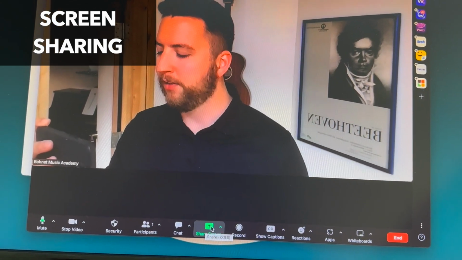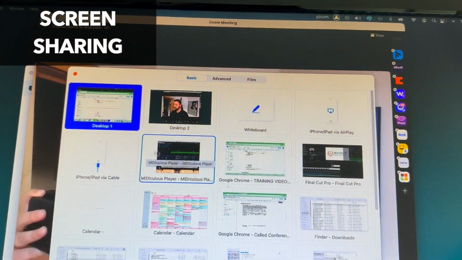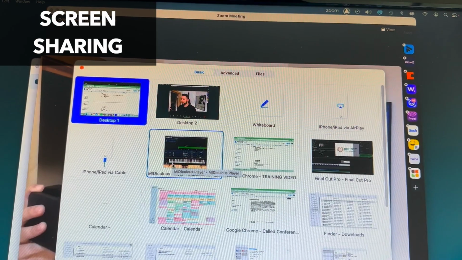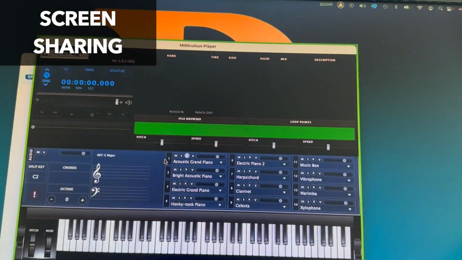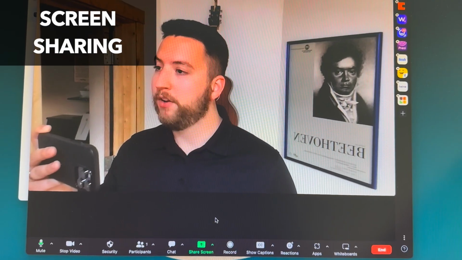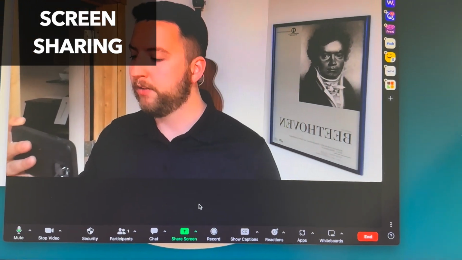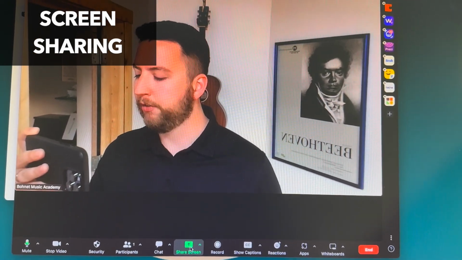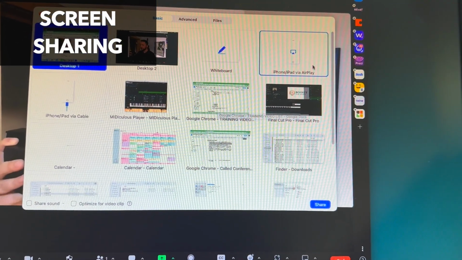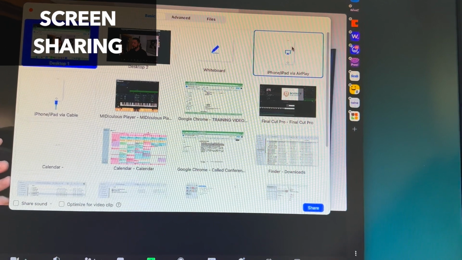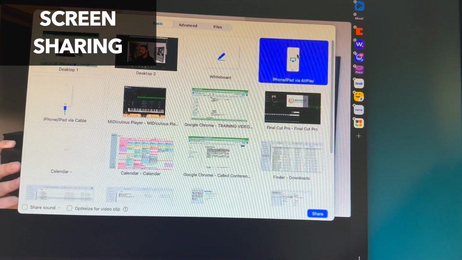So if you click on this green button there, it'll display a few different options. So if I wanted to share the Meticulous window, I just double click it and it's shared. Now if I wanted to use a very powerful tool of displaying my iPad, for instance, a little bit different, I go to share screen and I select this box up here, iPad/iPhone via AirPlay, double click on that,